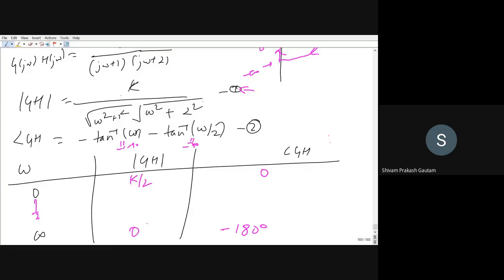I have calculated some of the values in the notes, you can see. At 1, its magnitude is 0.312 K and phase is minus 71 degrees. At 2, its magnitude is 0.158 K. K is again, right? K can have any value. We have seen in root locus where we vary the value of K so that the location of poles also varies. K is the open loop gain. And phase, you can calculate. I have not calculated it. So polar plot, if you want to see roughly, we can draw.